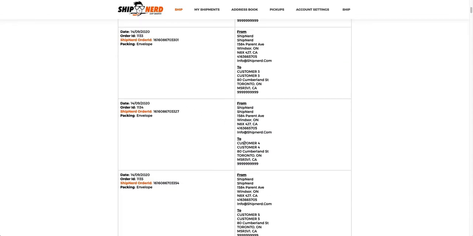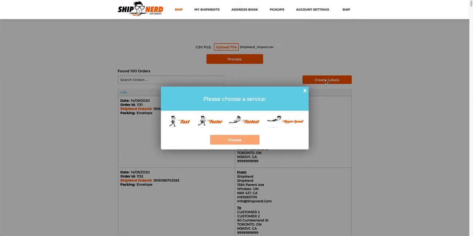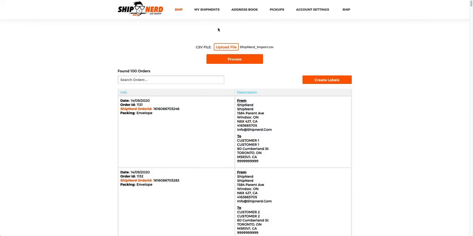Now at this point, once the data is in this format, you can do one of two things. You can either create labels, which if you click on that, if I was to select fast right now, I would literally be creating 100 labels in one shot. So as I said, rather than manually creating label after label after label, import the data, select the shipping speed, and create your labels in bulk. Simple as that. The other thing you can do is, assuming I didn't want to create the labels right now,